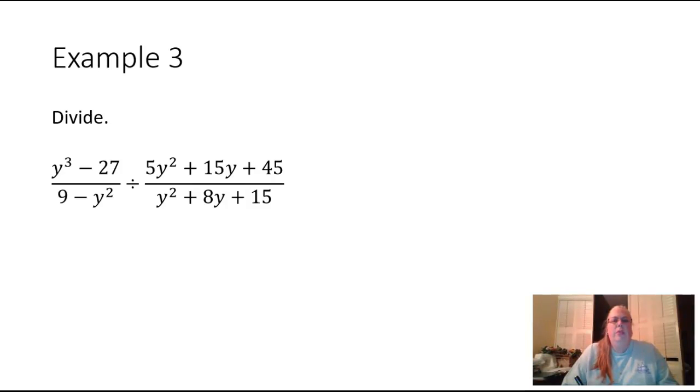This is example 3 from lesson R.4. We are dividing polynomials. Okay, first thing we want to do with this polynomial is we want to turn this into a multiplication problem. And remember, we're going to take the second fraction and we are going to take its reciprocal. Okay, so that is going to give us y to the third minus 27 divided by 9 minus y